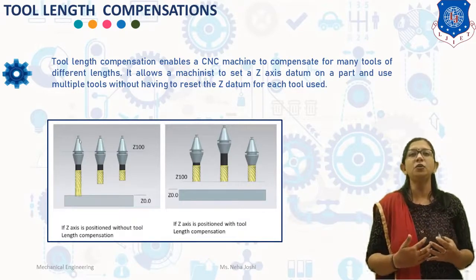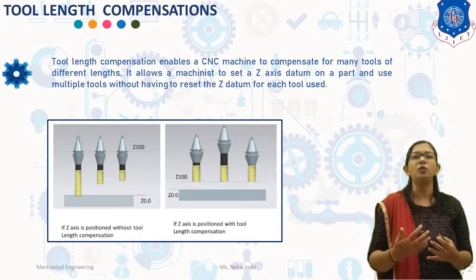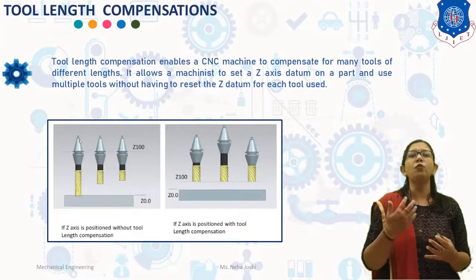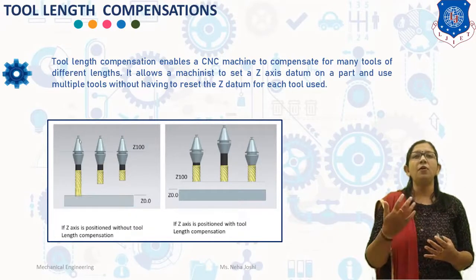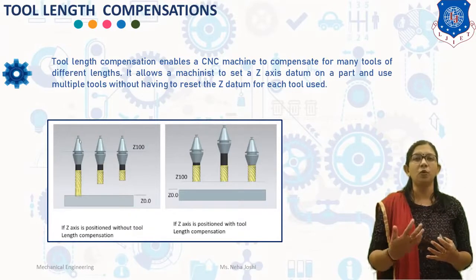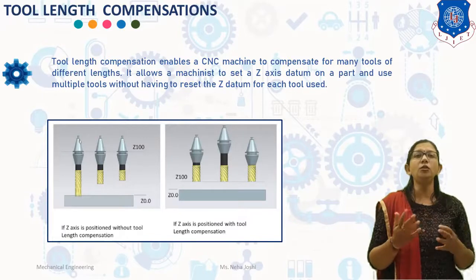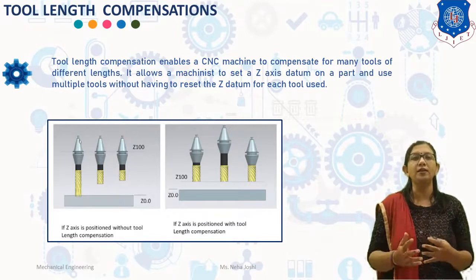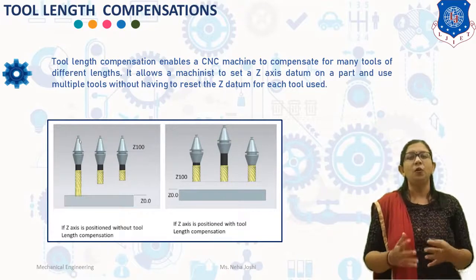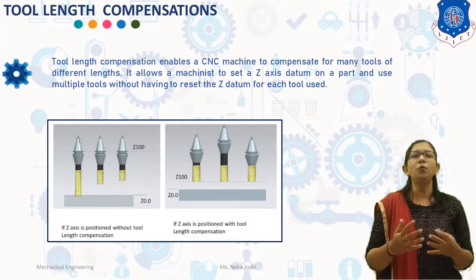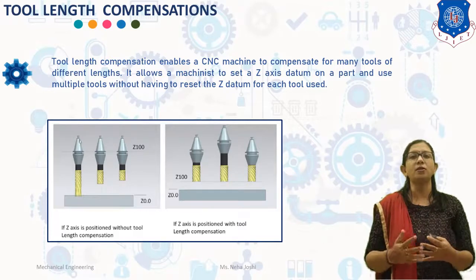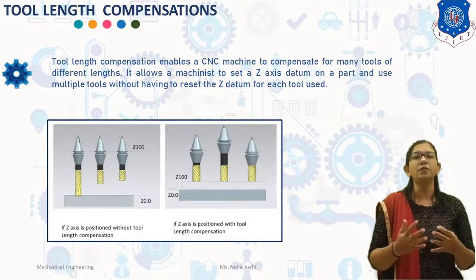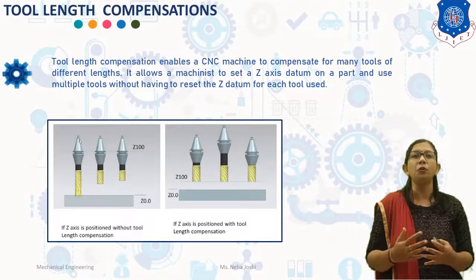Most CNC machines use multiple tools and the length of each tool is different. Therefore, the programmer has to account for the individual tool lengths while programming the Z dimensions. So in a CNC machine, all the tools are measured in assembled state by using a tool measuring device known as a tool presetter. These tool lengths are input to a programmable tool register of the CNC machine. Thus, all the tool lengths are stored in the tool register, which is a memory location in the computer.